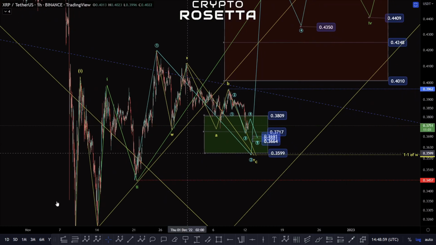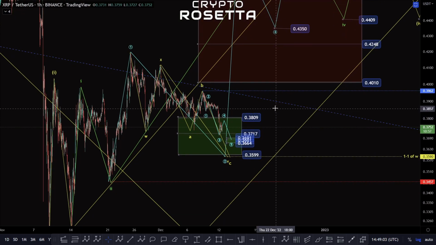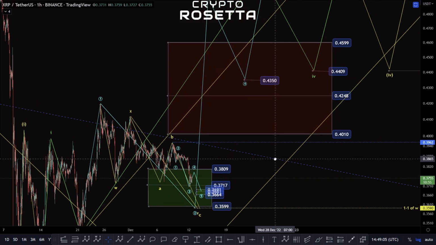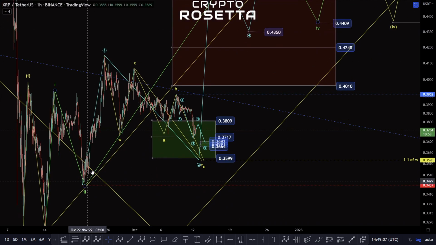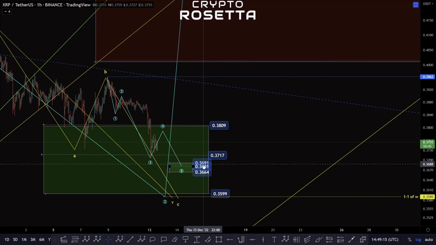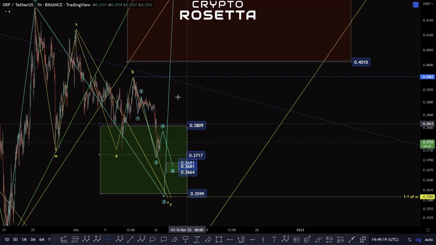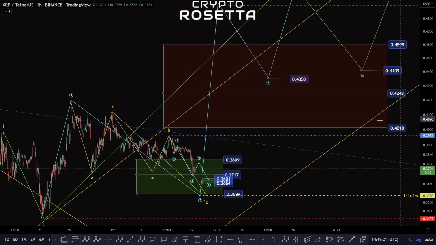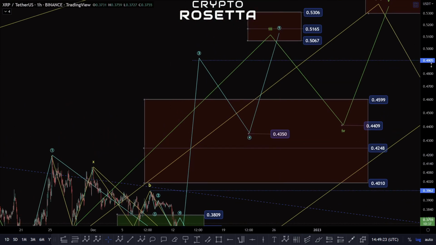For the leading diagonal being an A wave and then looking to progress to the upside. So that's basically the bullish counts. If we do retrace to this 35.90 area like we've got shown here, or potentially as high, maybe we don't get all the way down there, we only get to this 36.91 and 36 to 36.64, what we could be looking at is a bigger move to the upside, though confirmation of that would only be